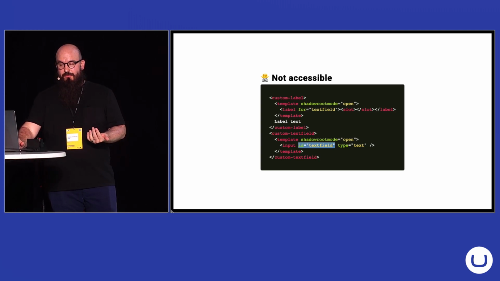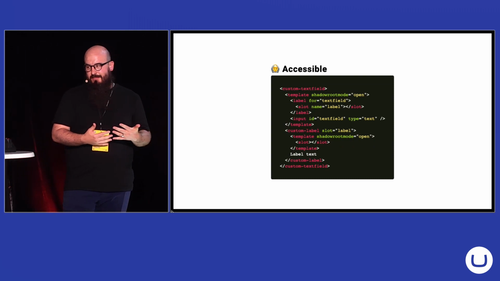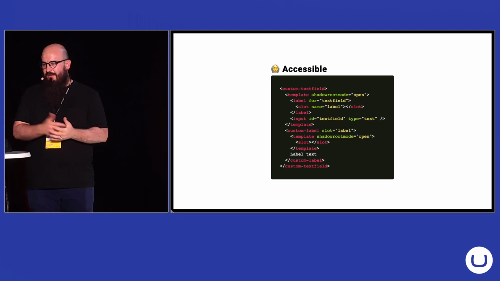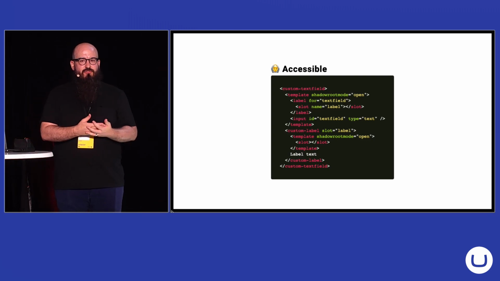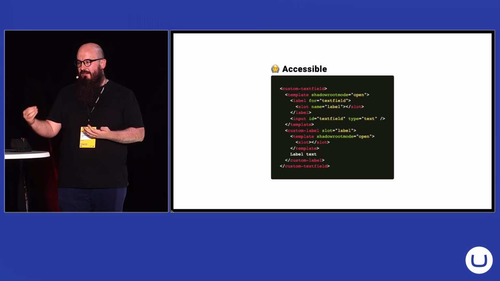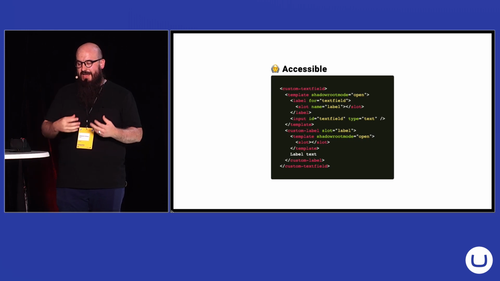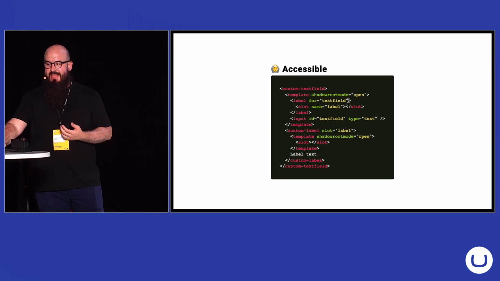Taking that into account, you'll need to approach your DOM in ways that maybe you haven't in the past. Here we see a slight revision of that code. We still have our custom text field and our custom label elements essentially as two different custom elements. But here, we're opening a slot in our text field that we're passing our label into, and that's wrapped with our label. So that means that the ID reference that's being made by the for attribute lives within the same